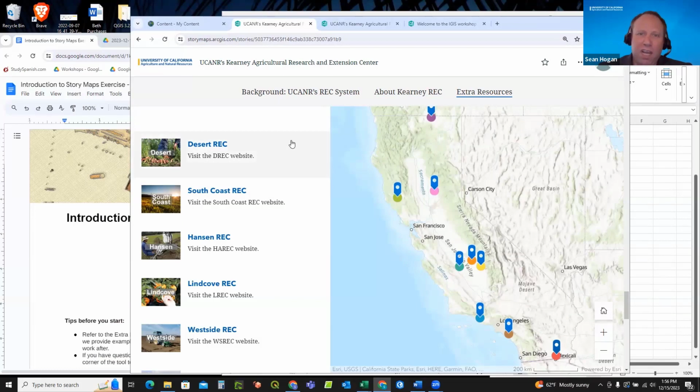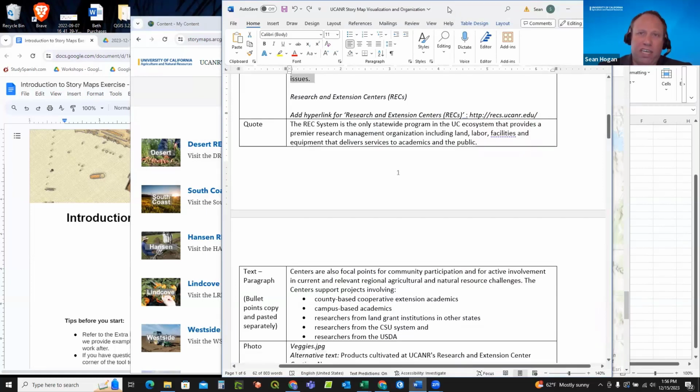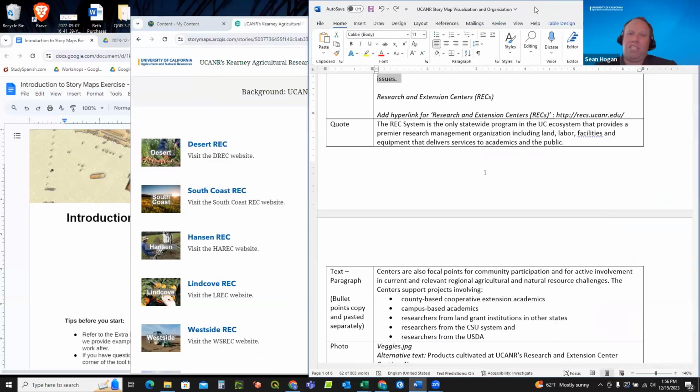Good. So then after I have the exercise directions on the left side, I'll usually put my working session in the middle. And then finally, I will put that Word document, the UCANR story map visualization and organization document, all the way to the right. That can sometimes be leafed underneath the Zoom session so you can see me and that. You might have to rearrange that a little bit. So see how I've done that? It's just kind of leafing one up,